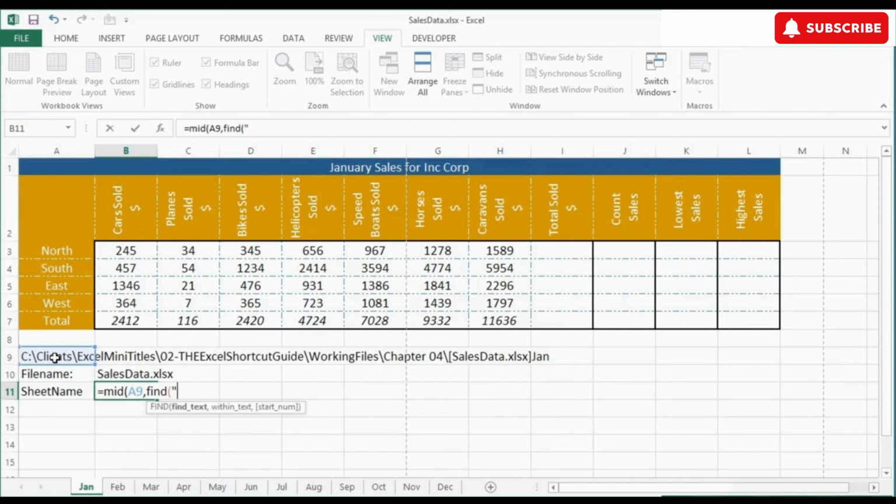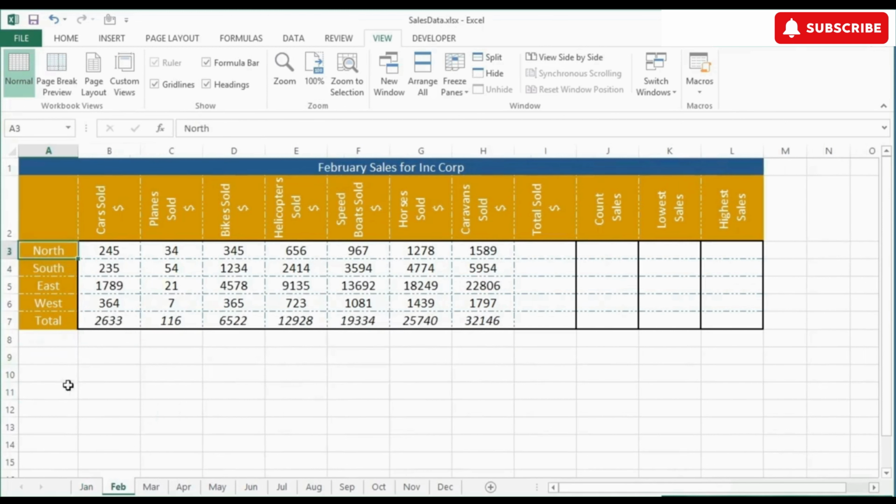So I need to find the close square bracket using the FIND function within this string, add one character on because I don't want the square bracket, I want the first character after there. So that's the start point. But then how many characters? Well, I want to go from there to the end. So the number of characters is going to be the length of that whole string, take away wherever the close square bracket is. I've just copied that function and pasted it in. Copied one too many commas. So we're going for the length of the whole string, take away wherever the square bracket ends up, close, return, and I get Jan. Now this whole lot here, I could copy that whole section, place it in February and